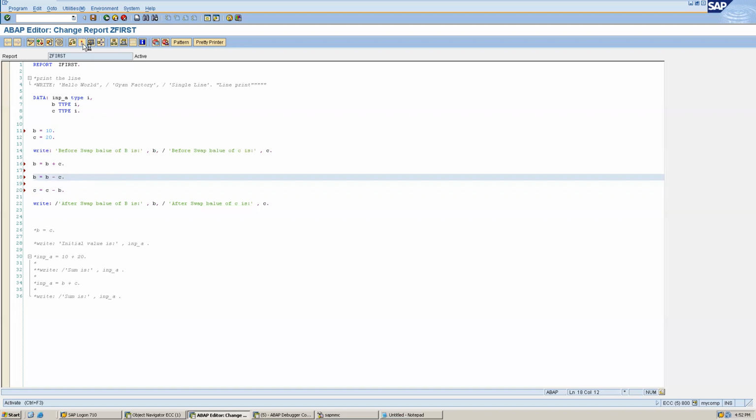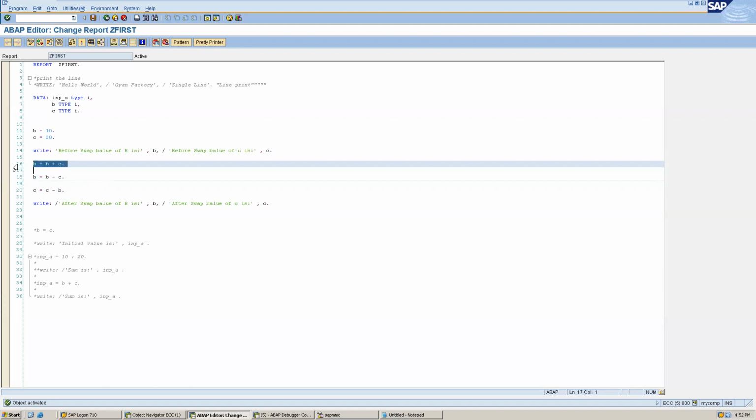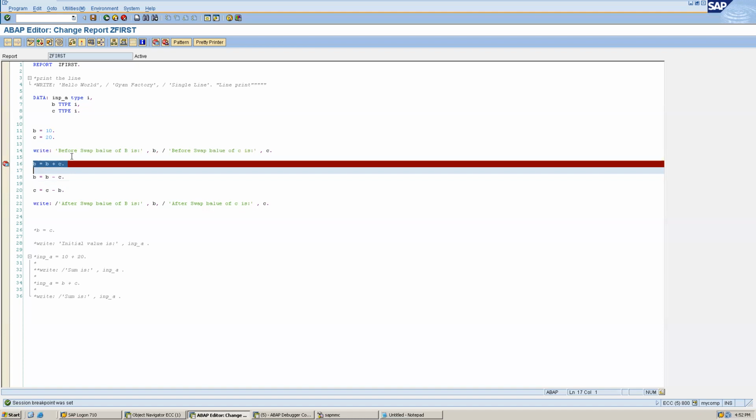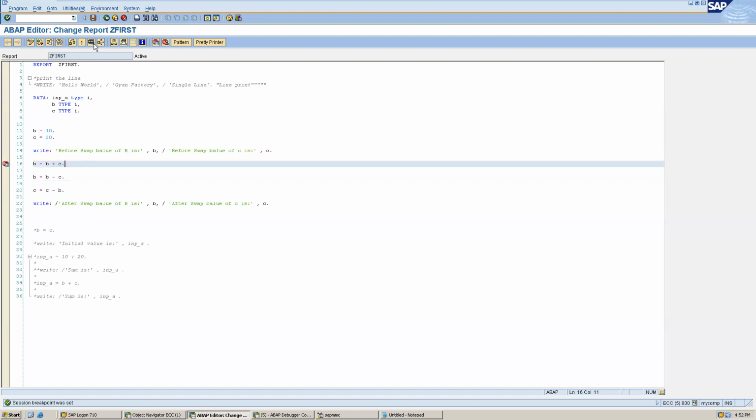What we can do is debug and check, right? So let's debug. I have written something, and I'm not sure whether it is correct or not. I will activate this program because I have made some changes, and then I will try to debug it. I think this will be reverse. Anyway, we will put the breakpoint. Just click here, and it will stop here when we execute. So let's execute this.